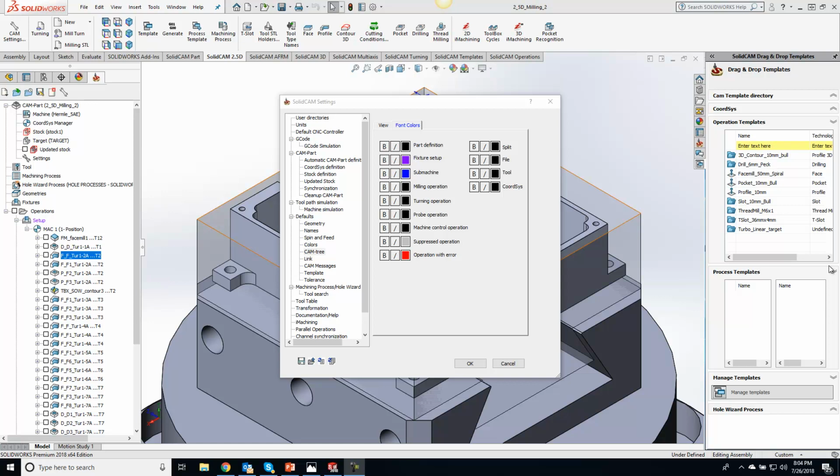So today what I want to show you guys is the different fonts and colors that you can have associated with your CAM tree over here. If you open up your global settings and go down to where it says CAM tree right here and click on the font tab, you can actually change the font and color of your part definition fixture